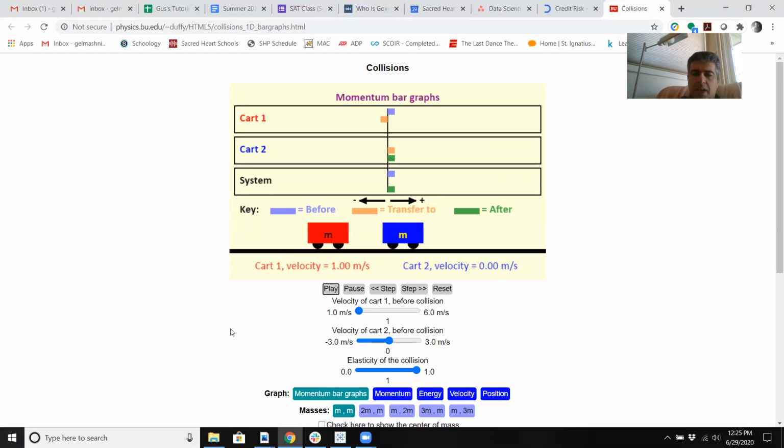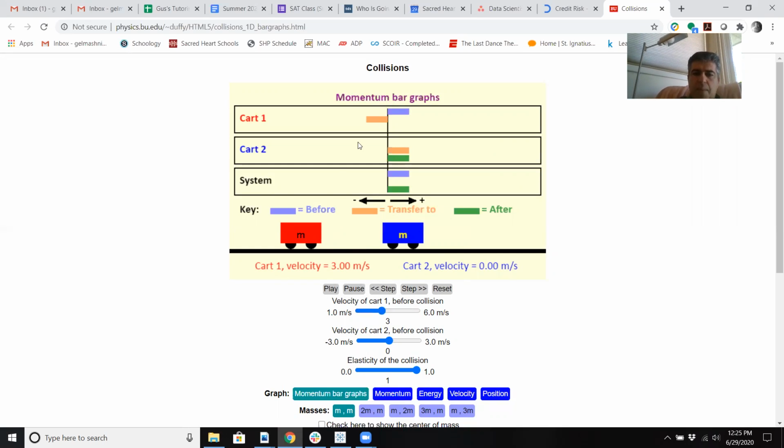So it looks like it's coming at it. It's taking a sweet little time. Okay, so now the cart 1 velocity comes to rest. And obviously we have that. If I were to speed it up just a tad,